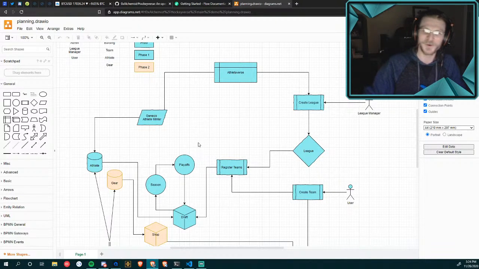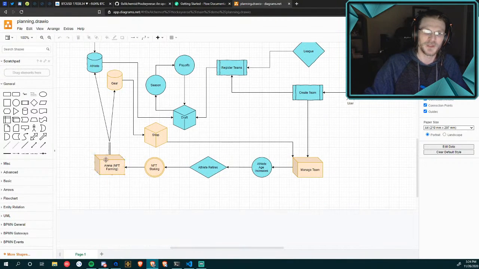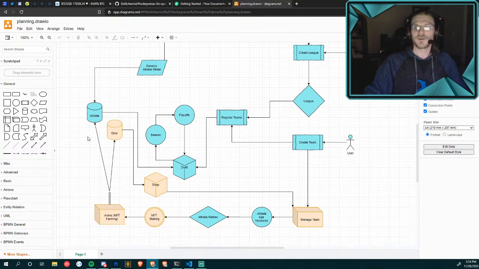So on that note, with the arena, my first thought was I want to do something with land, because I think that's just a sweet idea. I love the concept of digital land ownership. I live in a place where land's really expensive in the real world, so my hopes of buying property today are pretty slim.